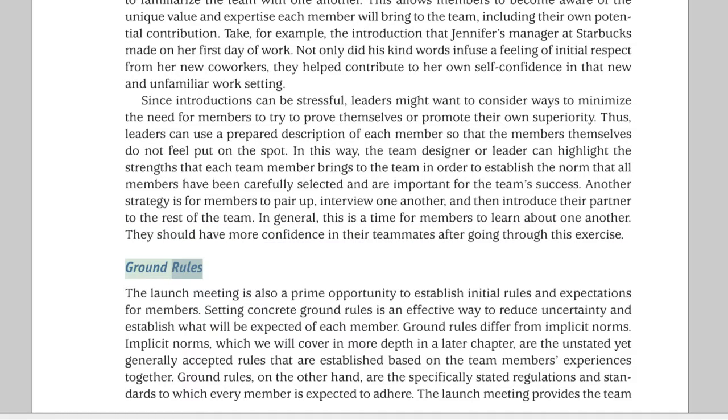Ground rules. The launch meeting is also a prime opportunity to establish initial rules and expectations for members. Setting concrete ground rules is an effective way to reduce uncertainty and establish what will be expected of each member. Ground rules differ from implicit norms. Implicit norms, which we will cover in more depth in a later chapter, are the unstated yet generally accepted rules that are established based on the team members' experiences together. Ground rules, on the other hand, are the specifically stated regulations and standards to which every member is expected to adhere. The launch meeting provides the team